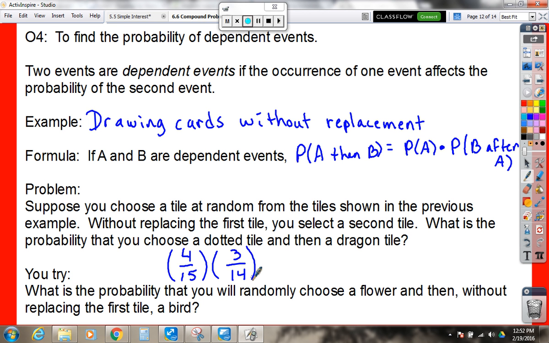Does that make sense? Okay. Multiplying, I'm going to cross simplify. 3 goes into 15 5 times. 2 goes into 4 twice, into 14 7 times. I get 2 out of 35. So the probability